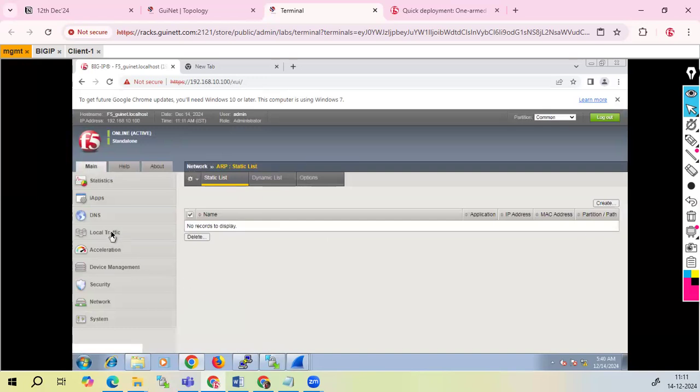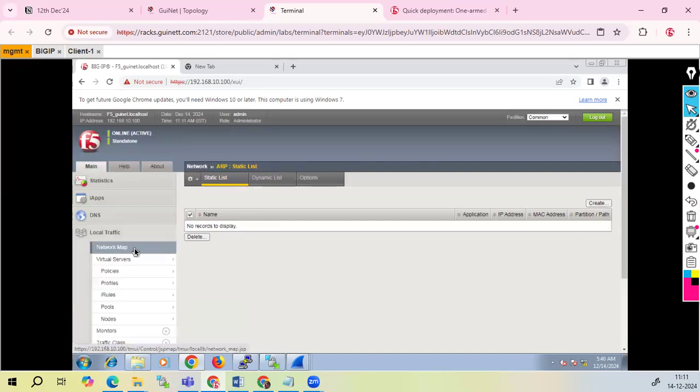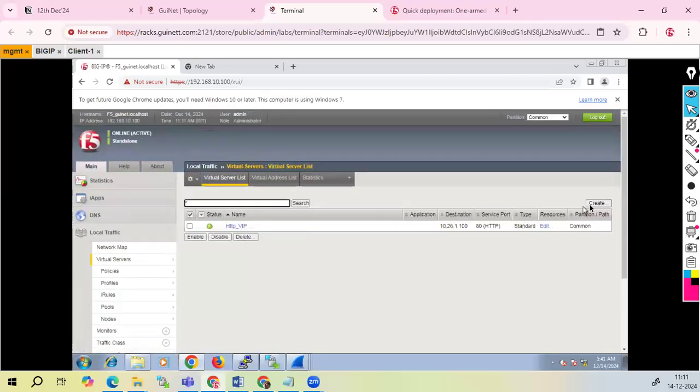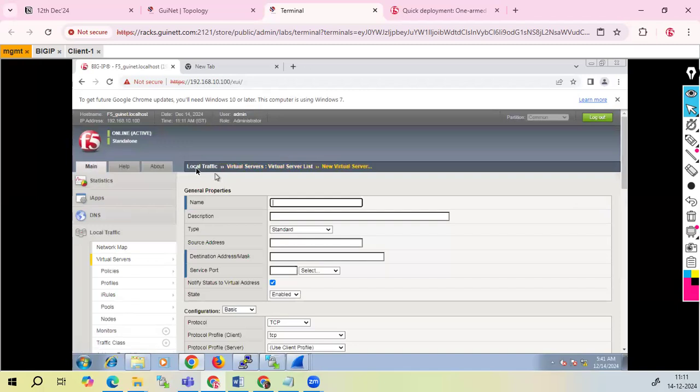So always, this is the local traffic, and under the local traffic you have the virtual server. Here you need to create it. So where do I need to go? Local traffic, virtual server, then click on create, right? So here I can say